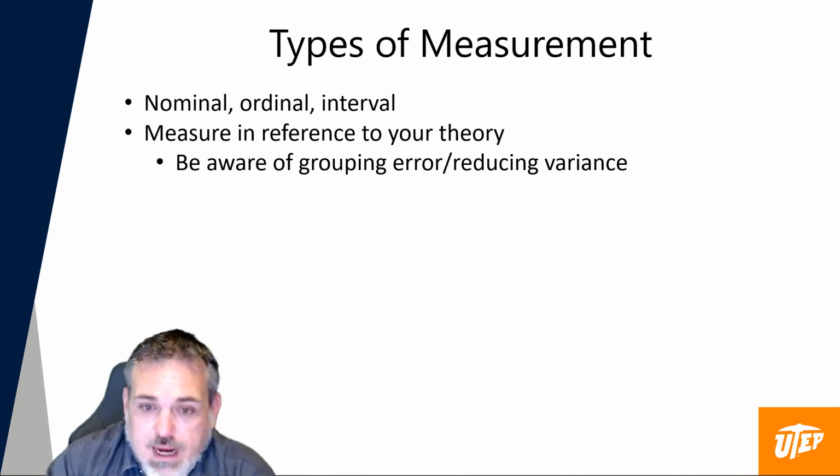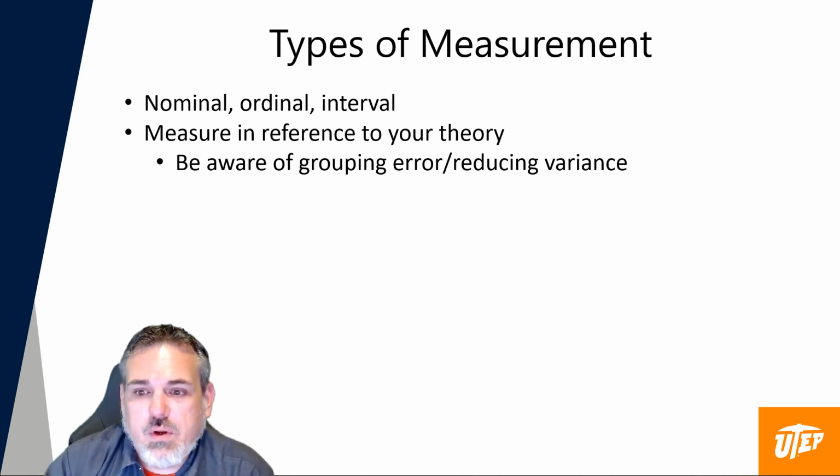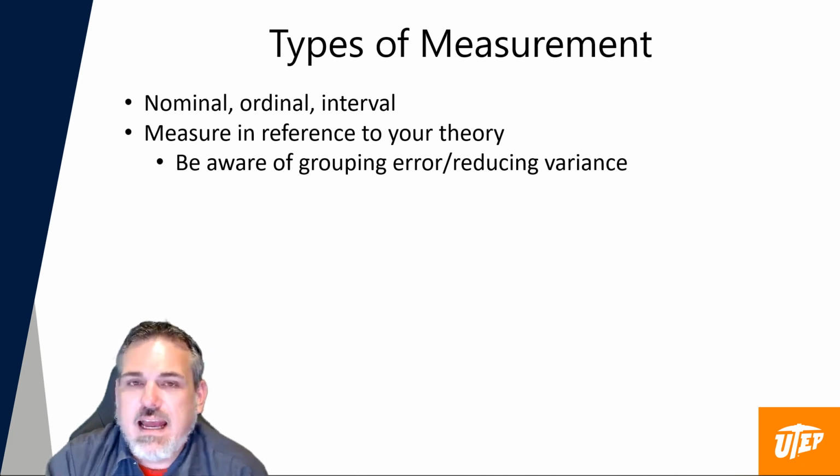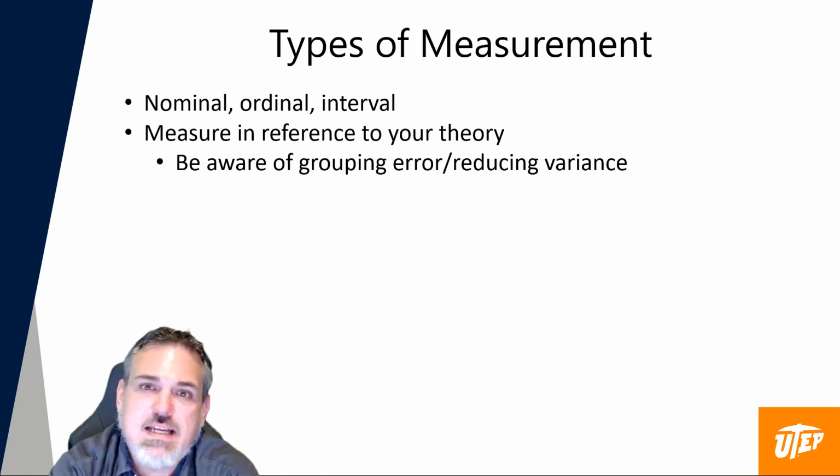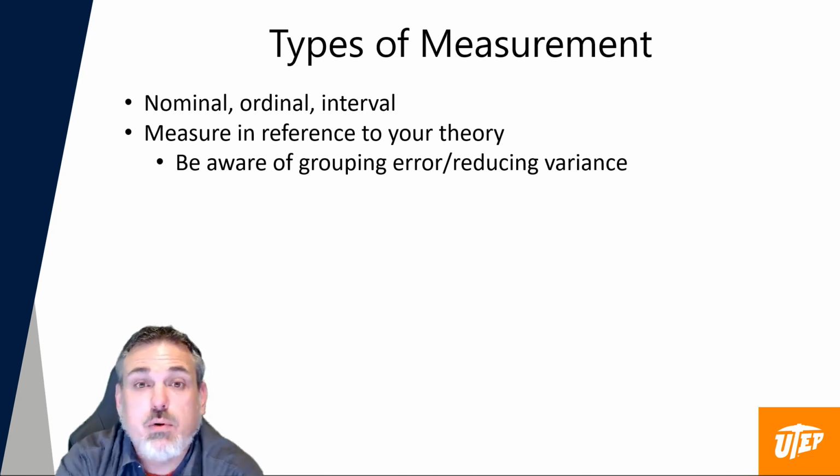That grouping error will bias estimates if you include it in a model. It will dumb down your modeling, in a sense. And when we're looking at quantities, when we're attempting to assess variance, when we're attempting to predict variance,